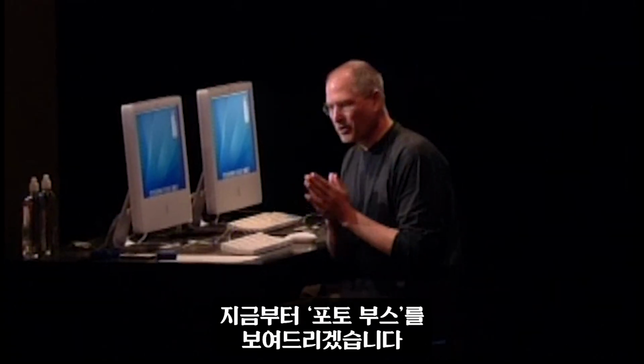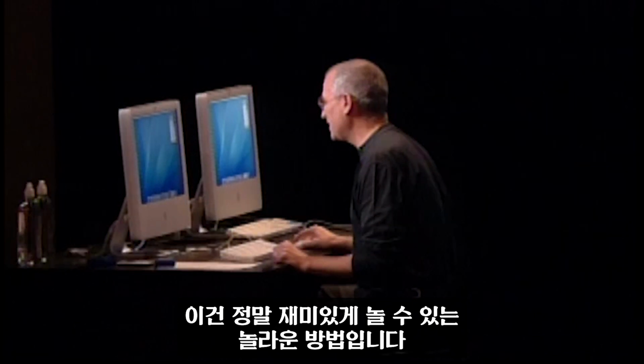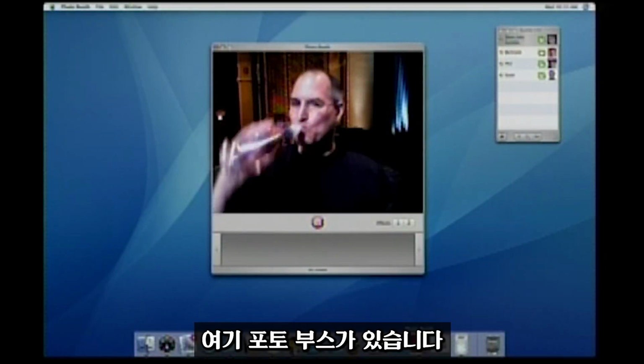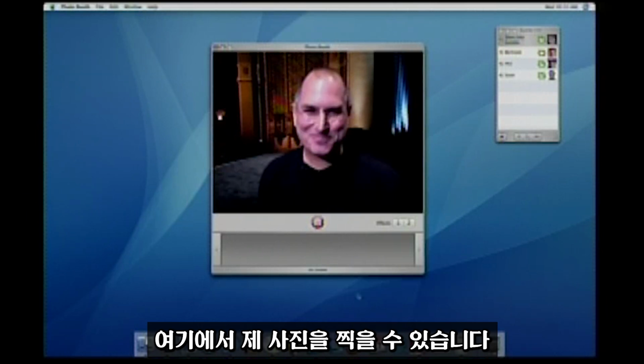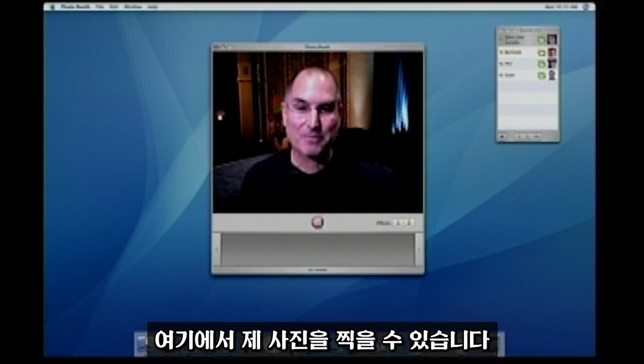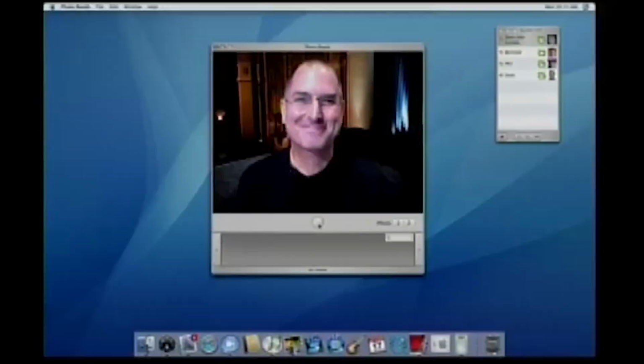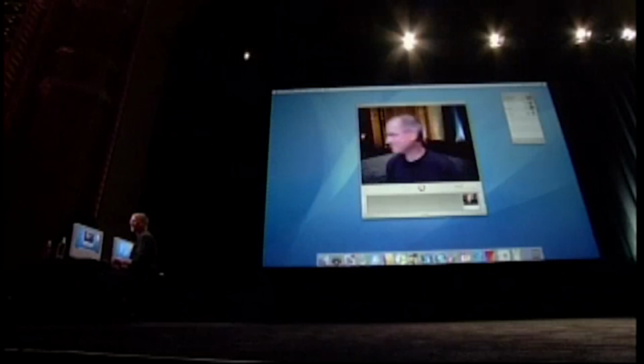I'd like to show you Photo Booth, and this is just an incredible way to have some fun. So here's Photo Booth, and I can go ahead and just take my picture here. Isn't that